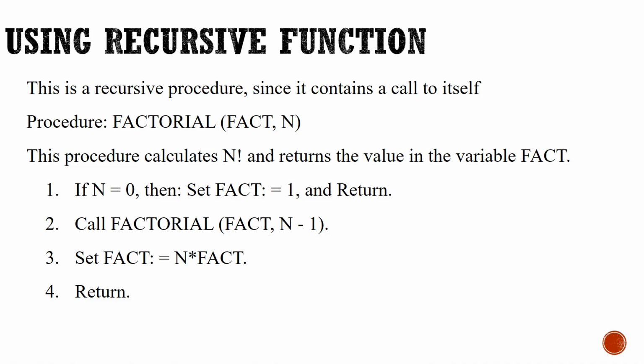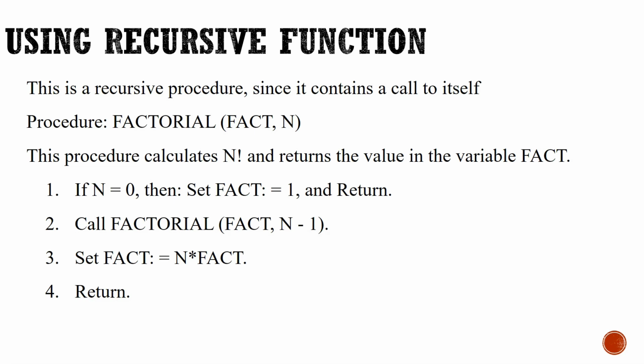In the second line, we are making the call again. Fact is 1 comma 2. Again we go there. Again 2 is not equal to 0. Again we come. Now it will be fact 1 comma n minus 1, 2 minus 1 is 1. Again we fail. Again we go back. Then next 1 equal to 0, condition fails. Again we come to line number 2. What happens in line number 2? Now 1 comma 0. So now the condition is true.